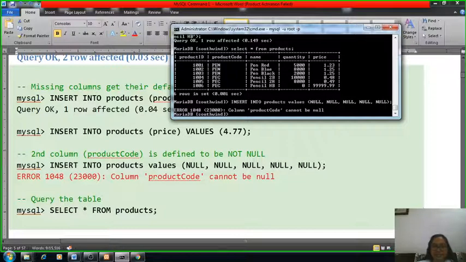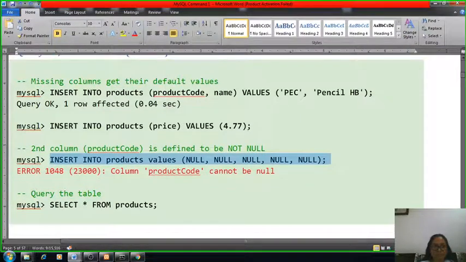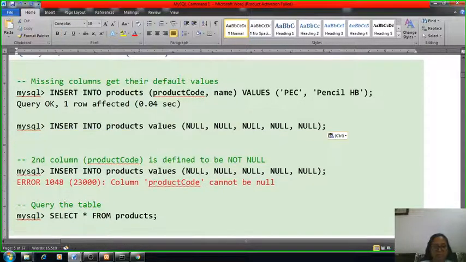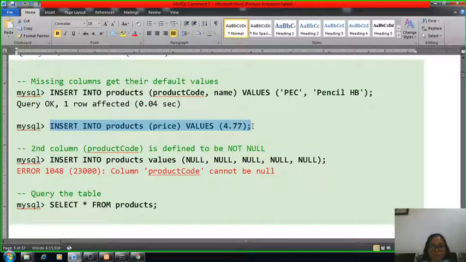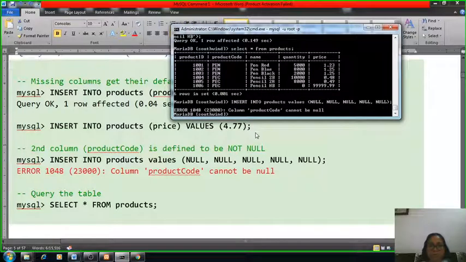Another example is, suppose we are taking insert into product. We are taking only the price parameter. Okay, price, and its value is 4.77.